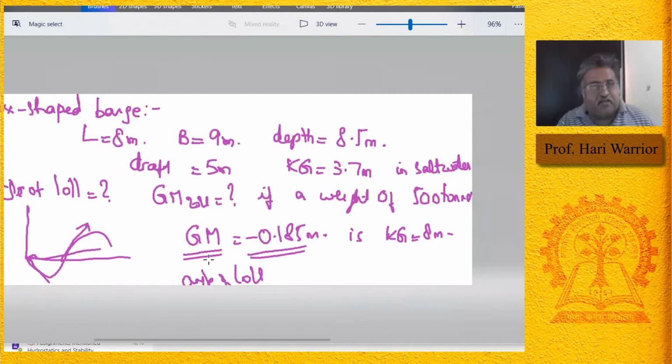That is what we just derived. The expression we derived was for the angle of loll. So tell me what will be the angle of loll. What you are saying now is that when you move that weight, the ship will go from here to here. So you want to know where it goes, this point, the angle of loll. You can find it by using the formula that we just gave: tan theta is equal to plus or minus square root of minus 2 GoM by BoM.